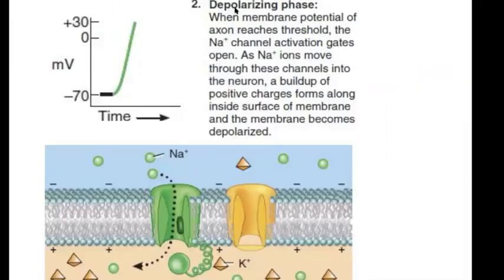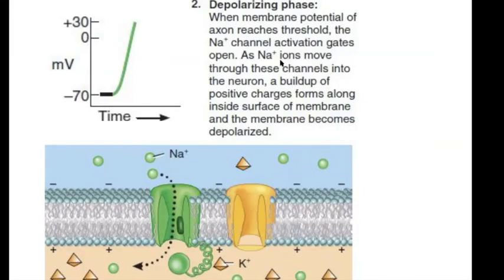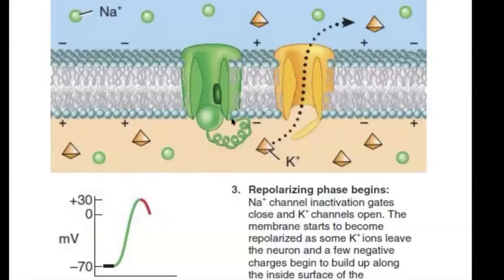We have this depolarization phase. Membrane potential reaches threshold based on that graded one. Right, at that point, your sodium channel activation gates over here open, and sodiums move in. Sodium ions move in, and this is going to cause that big increase, this big spike in positive charge. So depolarize, right? Going up toward 30. The sodium